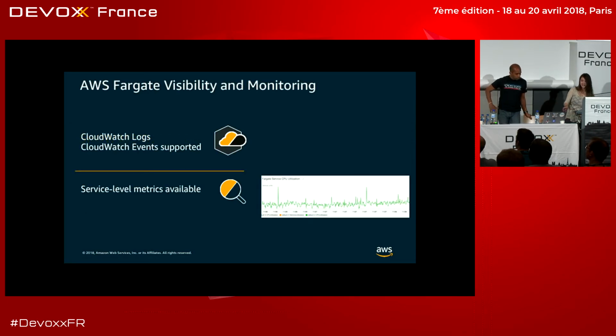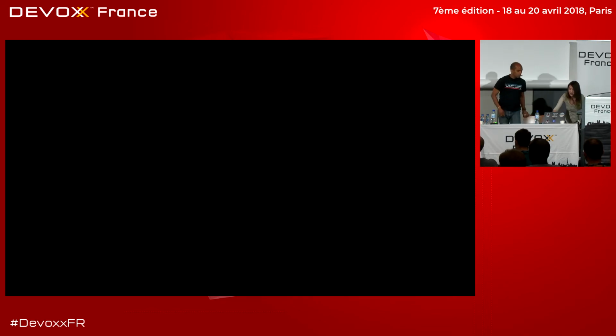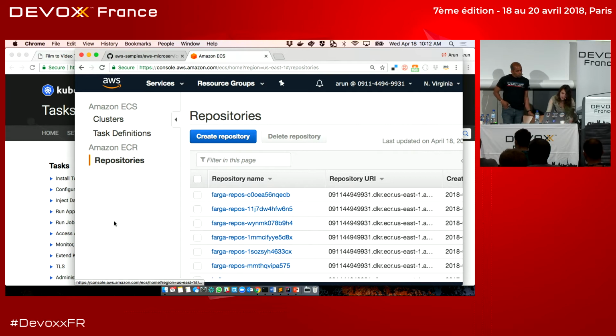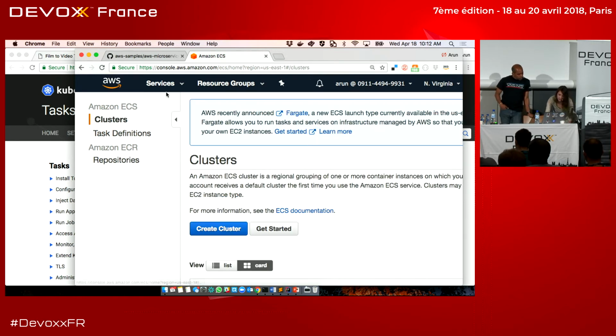Okay, so I'm going to be basically switching back and forth. But you have the option of setting up CloudWatch logs. So then you can go through and see all of the logging information for it, as well as the different metrics using the graphs that they have there. So if I were to hop back real quick,